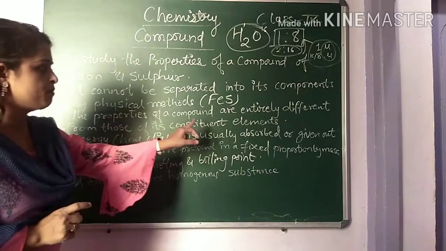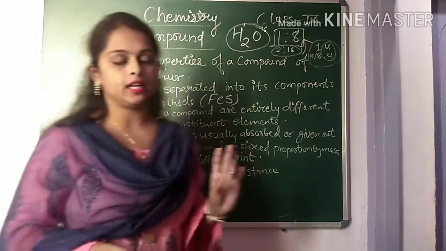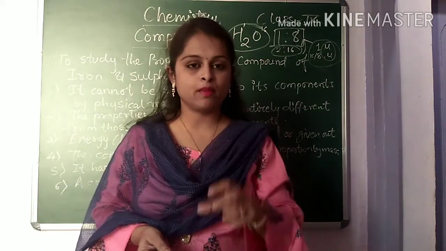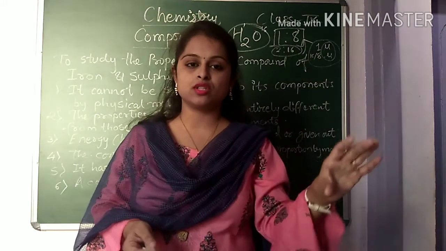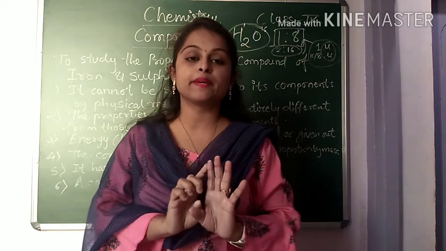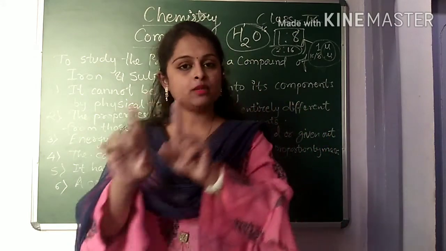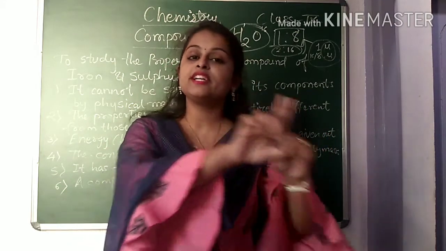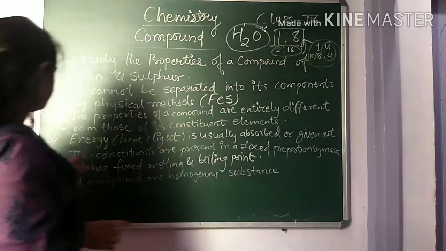The properties of a compound are entirely different from those of its constituent elements. उसके जो एलिमेंट जिससे वो कंपाउंड बना होता है, उससे जो प्रोडक्ट हमें मिलता है, उस प्रोडक्ट की और उस कॉन्स्टिट्यूएंट्स की दोनों की प्रॉपर्टी कम्प्लीटली एक दूसरे से डिफरेंट होती है. दो द पेरेंट आर सेम, बट द वॉट एवर द प्रोडक्ट इज केम, इट इज कम्प्लीटली डिफरेंट फ्रॉम देयर पेरेंट. इज इट क्लियर? नाउ कम टू थर्ड प्रॉपर्टी.